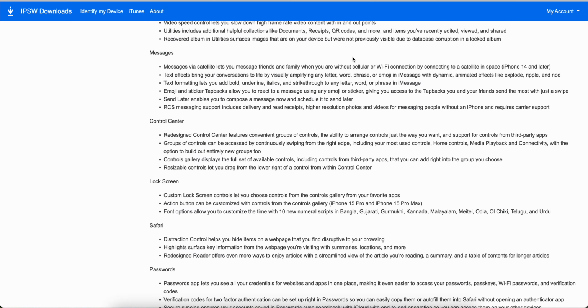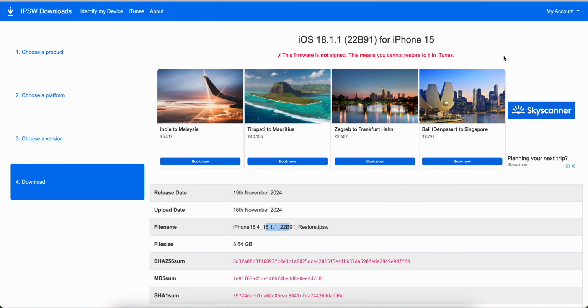How you can put the phone in recovery mode, I have already made a video. You can press the home button, power button, or you can search on Google or YouTube as well. So you put the phone in recovery mode, it will get connected, and then restore it and browse this restore image from your local machine to your phone, and it will upgrade and it will get restored, but